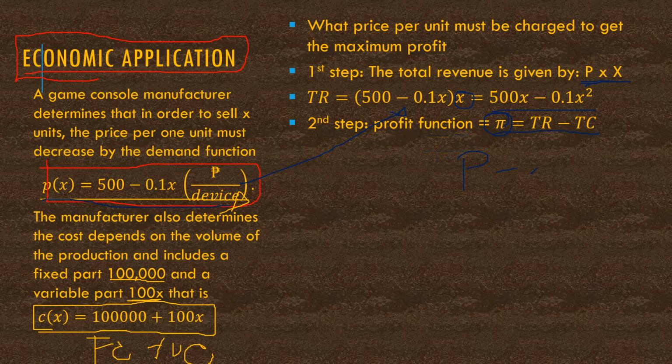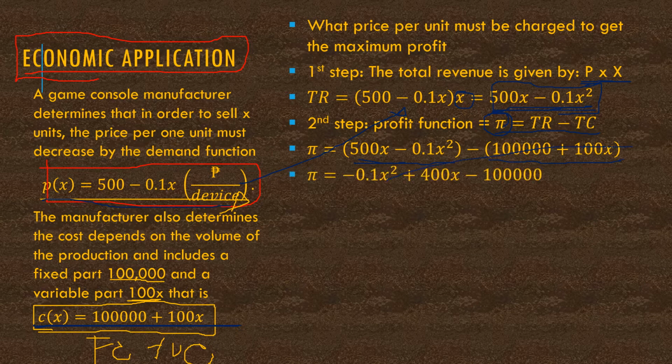Okay? So, with this one already, substitute the TR and then the TC in the function. We have here the TR, which we had just solved here, the 500x plus minus 0.1x squared, and then the TC, which is this one. Okay, substitute it here to the formula, and we have here. Okay, again doing the longest part, we have already the profit function, which is negative 0.1x squared plus 400x minus